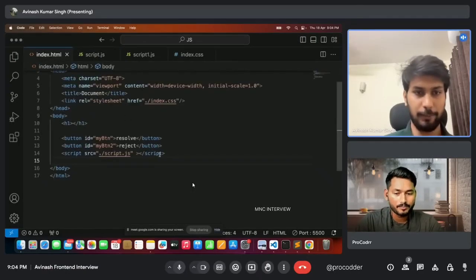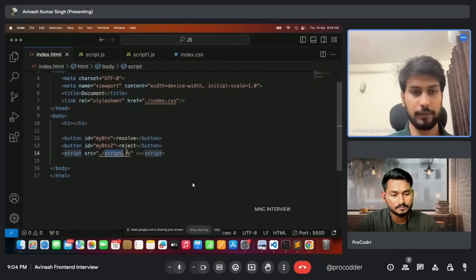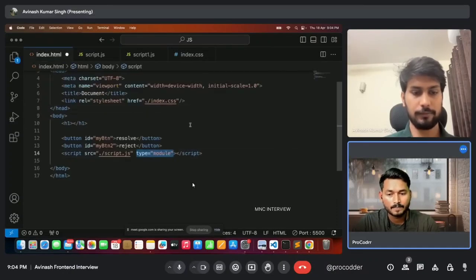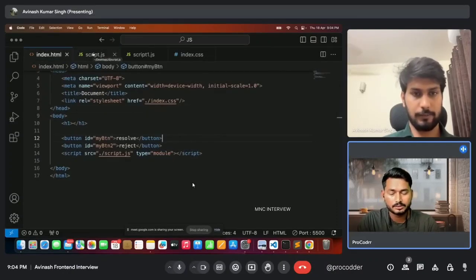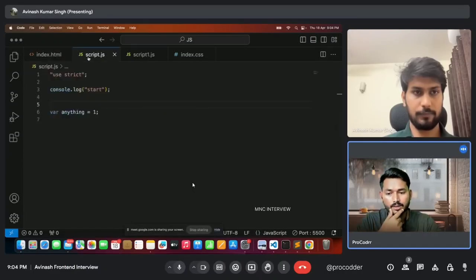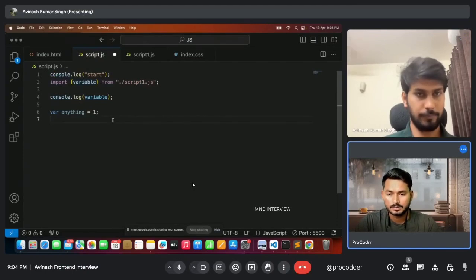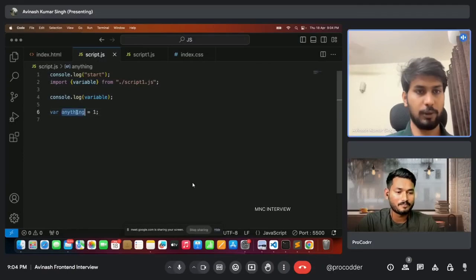I am guessing this answer, please correct me if I am wrong. We tell the browser, in the index file, that we're importing a module here. So just do Control Z so that type module comes again, and do Control Z here also, so that whatever earlier code was in the script.js file comes back. So this belongs to a module, not a normal JavaScript file, and all the variables that are not within any function would go to the global scope.